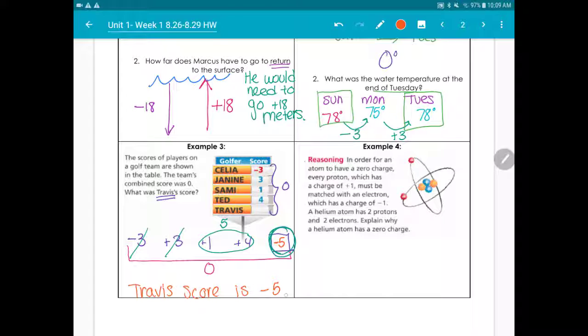All right, last one, and this is a science example. So science and math, always related, so let's see how. In order for an atom to have a 0 charge, every proton must have a charge of +1 and must be matched with an electron which has a charge of -1. If a helium atom has 2 protons and 2 electrons, why does it have a 0 charge? Okay, so it's telling us that it cancels out. Why does it cancel out? Okay, it is 0 because